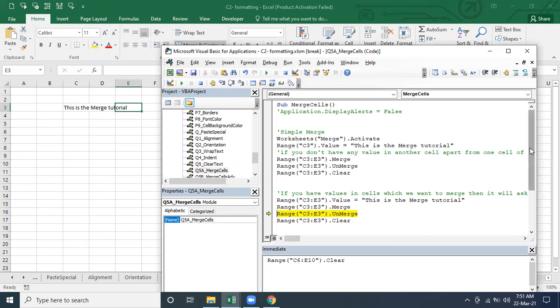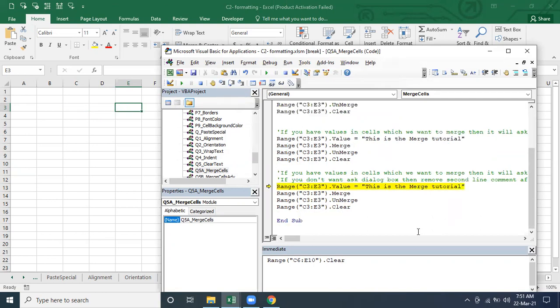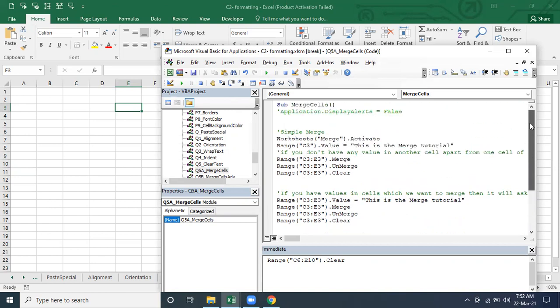So what we have to do? We have one command that you have to use. I will tell you in detail. Immerse and then connect created value. And if you don't want that dialog box to ask, then remove the second line comment. So I will tell you what the second line comment is here: Application.DisplayAlerts. If you don't want that alert, whatever is coming, then you have to make it False. Display alert false. So this is the one. Related to the application, two things I covered here.